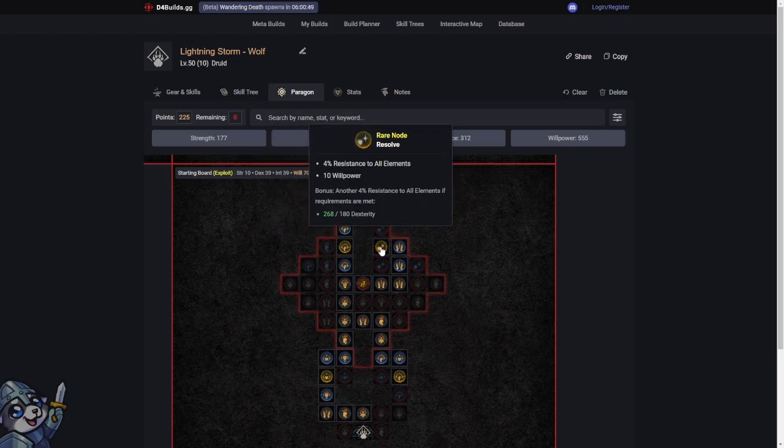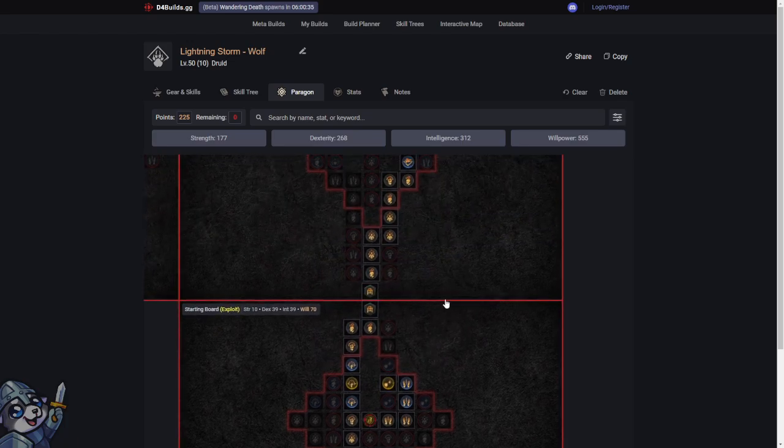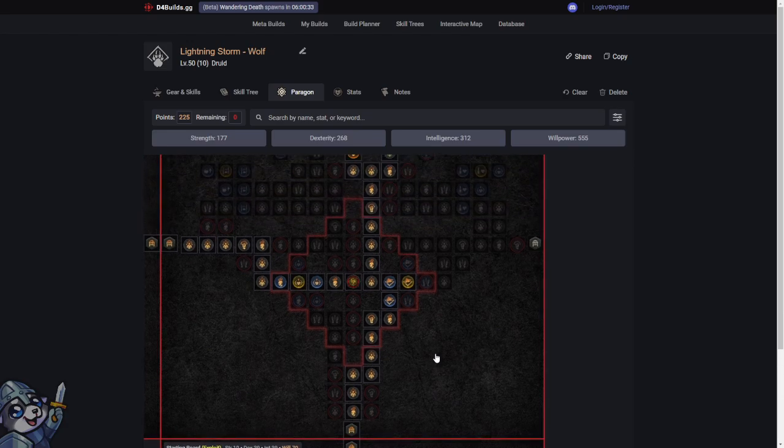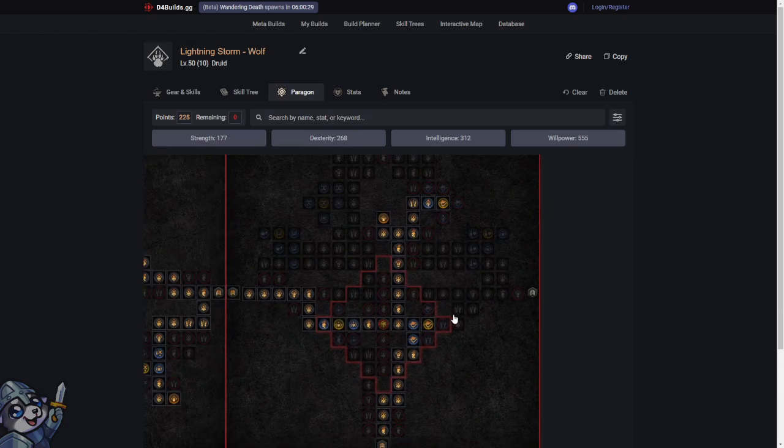I do pick up the Resolve right here. My plan here is perhaps to drop it once I have all my defenses on my gear sorted. Until then, I'll keep it around. It's Willpower, it's free, it's 1 point. I'm okay with it. We go up into the next board, which is Lust for Carnage, which allows us to